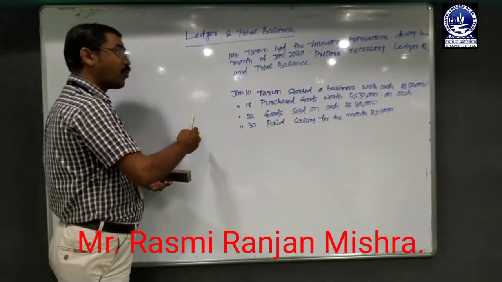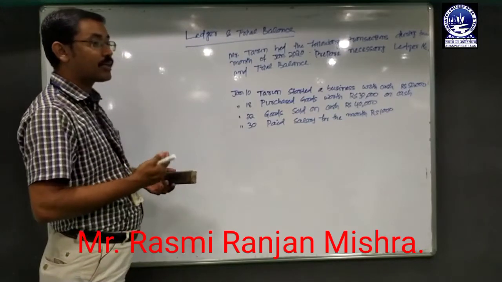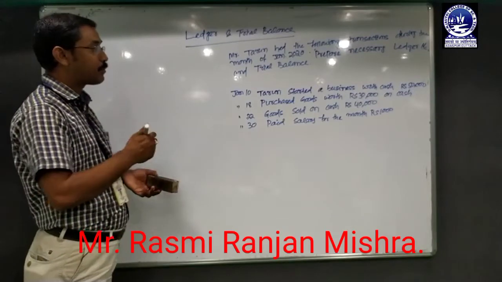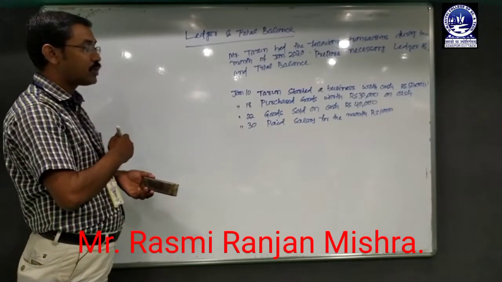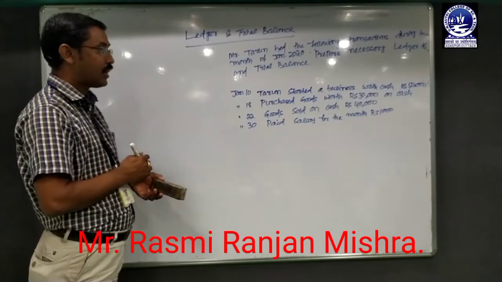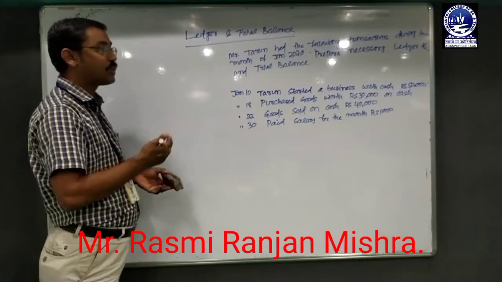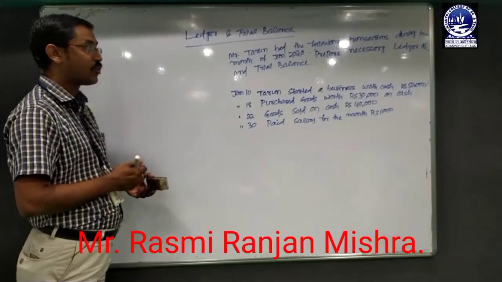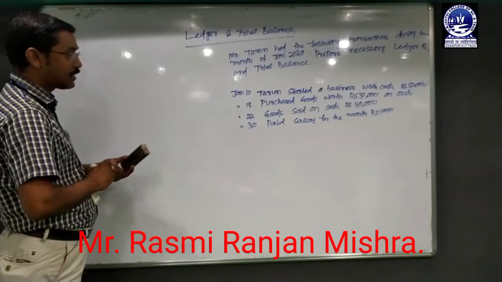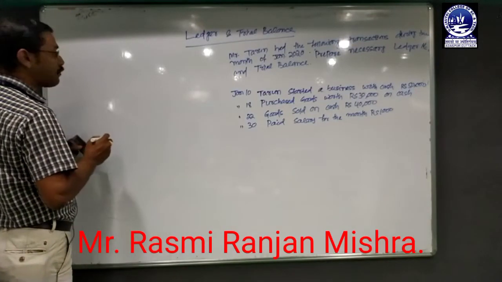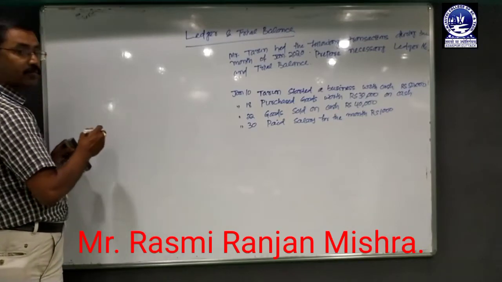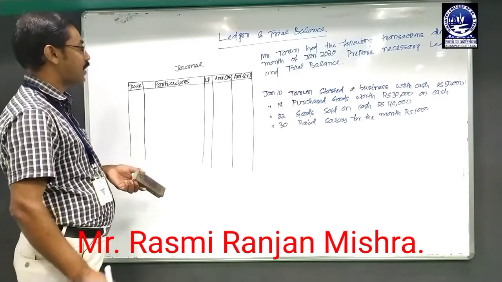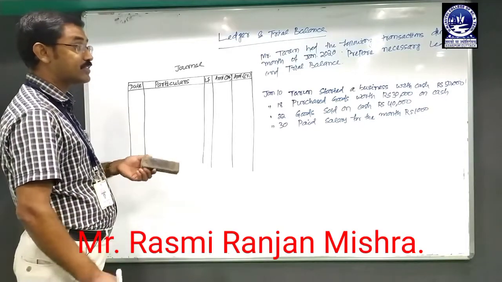Based upon these 4 transactions, we will prepare the necessary ledger accounts as well as a trial balance under different methods. Before preparing the ledger account, we must first prepare the necessary journal entries, and after preparing the journal entries, we will prepare the ledger accounts. That means posting from journal to ledger. So how will you prepare the journal entry? Watch it. I am preparing it by passing the different transactions in the form of journal entries. This is the format of the journal. Now we will pass the necessary journal entry one by one based upon the transactions.